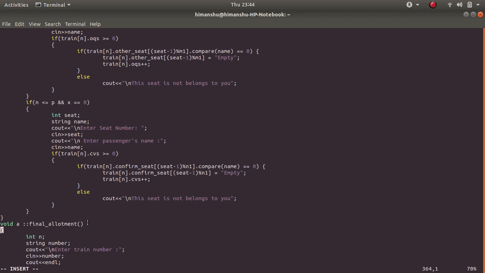The final allotment function is called when all the cancellation and booking of the seats are done. In the final allotment function, the empty seats of other quota sheets and confirm sheet are allocated to passengers of RAC, then waiting list passengers.